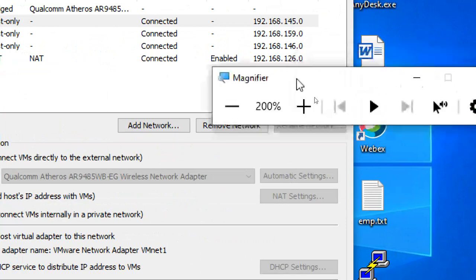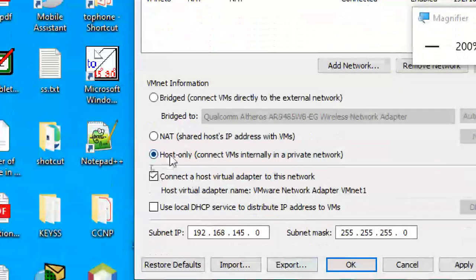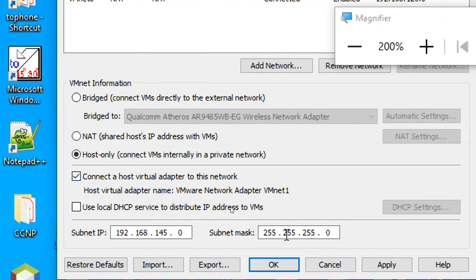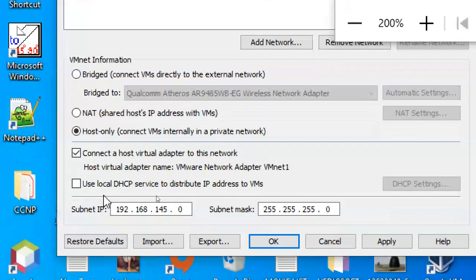I'm using VMnet 1 for you. Host only. Select this first option, and unselect this option. Generally both options are selected. Unselect this one. Understand? Click on VMnet 1, host only is there already.